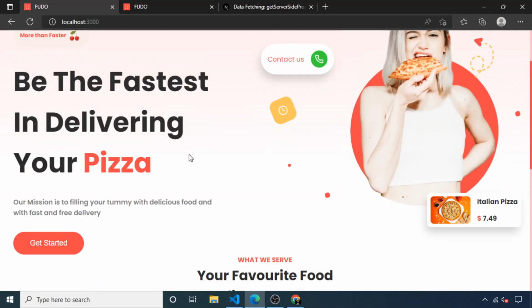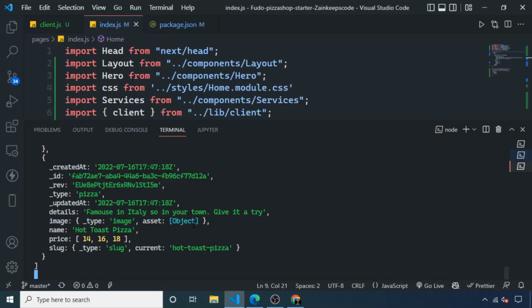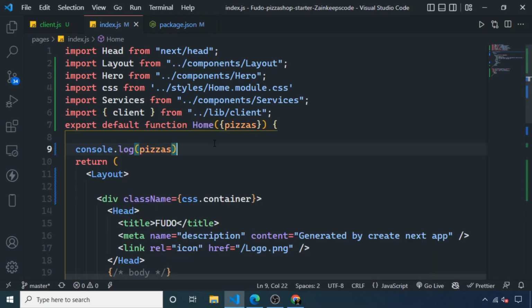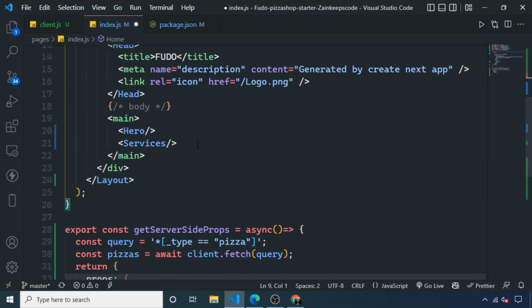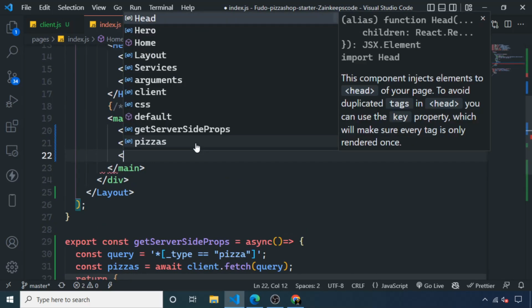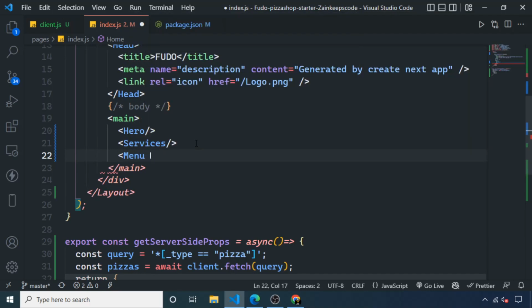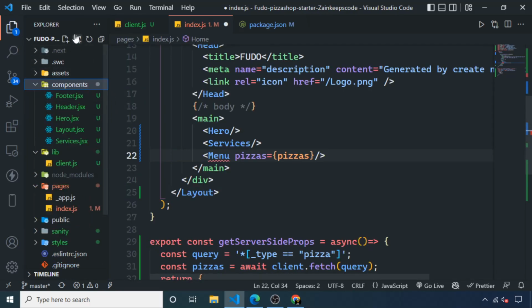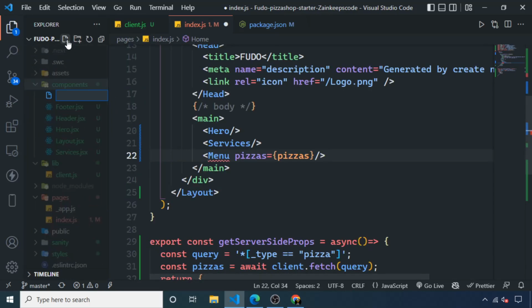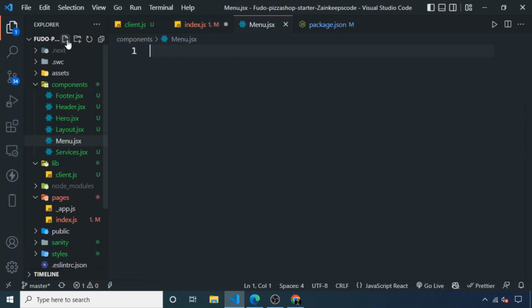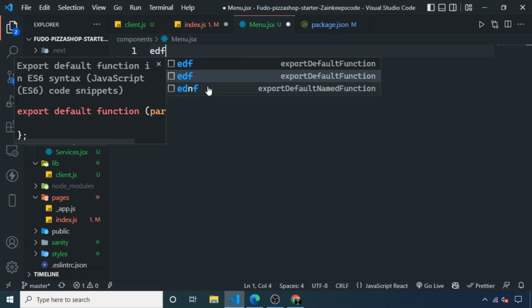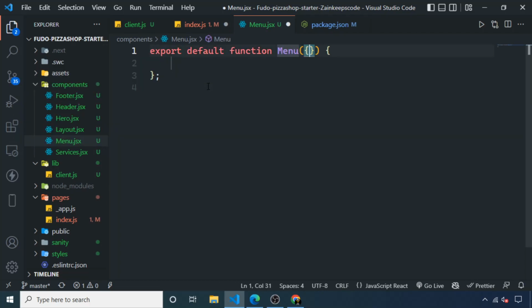Let's make our menu by using this data. You can see this data also in our terminal. But for now let's close this and also remove this console log, and I am passing all of this data to my menu section. So menu, and for now I have no such component of pizzas, so I am going to make one by writing inside the components as menu.jsx, and here edf for the export default function, and in the parameters I will receive that pizzas parameter and